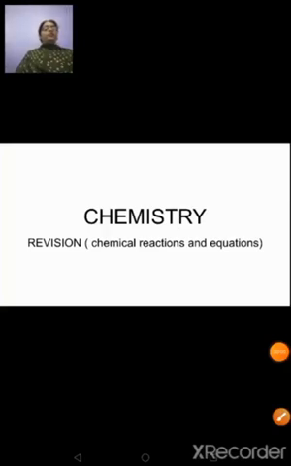Hello everyone, we'll be doing question based revision for this chapter number 1, that is chemical reactions and equations. In your exam you can expect multiple choice questions, balancing chemical equations, identifying the type of reaction, answer in brief and all those things. To begin with, I've started with multiple choice questions that you can expect from this chapter, balancing chemical equations, and a few questions that represent identifying the type of chemical reaction.